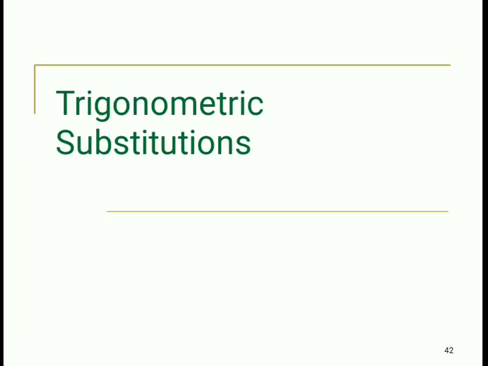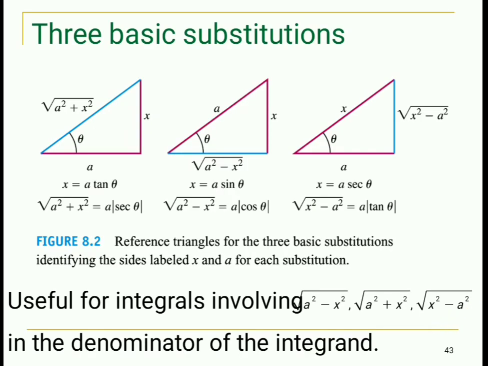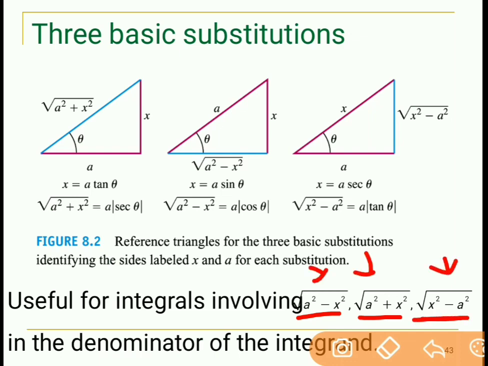The next technique which I am going to teach you is the trigonometric substitution. If the integral is of the form under root a square minus x square, under root a square plus x square, or under root x square minus a square, if they are of these three forms, then we can use the trigonometric substitution. If we have under root a square plus x square, then substitute x equal to a tan theta. If you substitute x equal to a tan theta, then the given term will be converted into a sec theta.